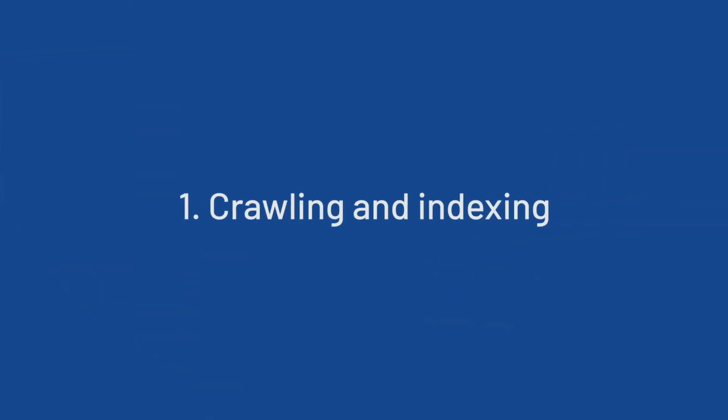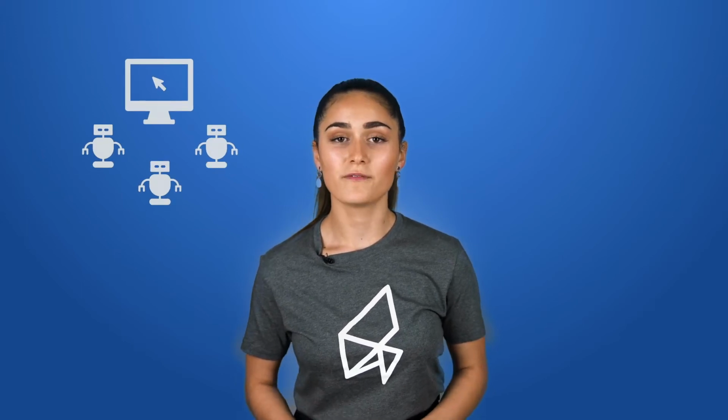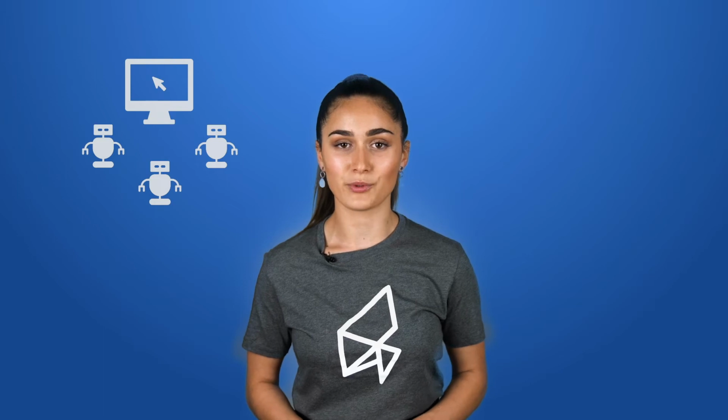learn. Number 1, learn how to ensure search engines can crawl and index your website. This is a process where a search engine like Google sends out a team of robots to crawl through your website, finding all of the pages that are available to be displayed within its index. If you're a marketer, particularly if you're launching a new website, you'll need to learn how to tell Google how